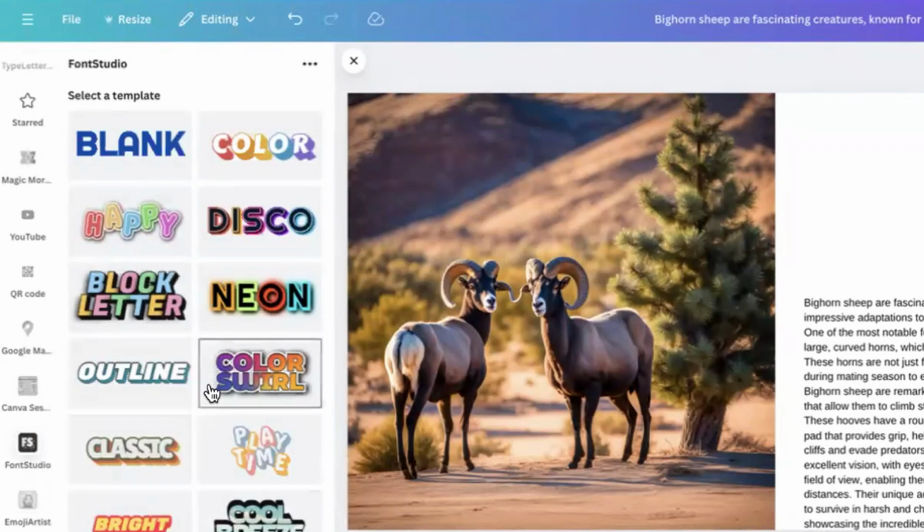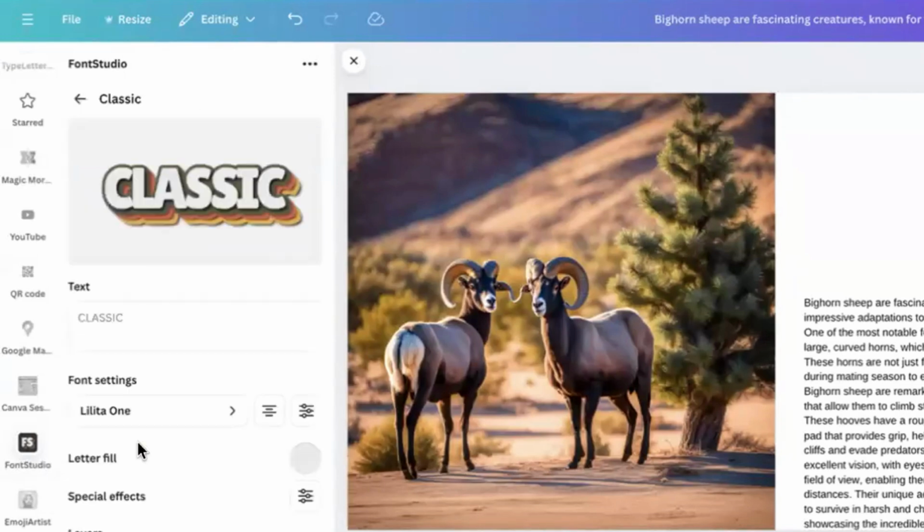And from within here, again, I was used to spending time looking for shadowed text and trying to morph them around. But here inside of Canva, they already have a lot of designs that students can use. We'll go with classic here. So if I click classic, it's going to generate an image for me. So it won't be editable, but if I were to use that text area on the left-hand side, I could type the title of my presentation,